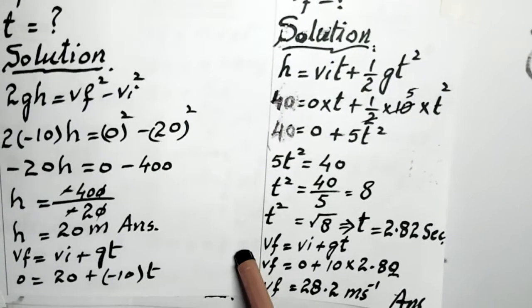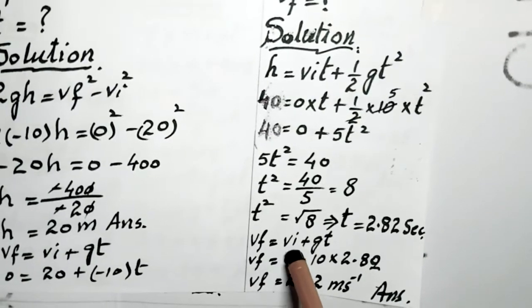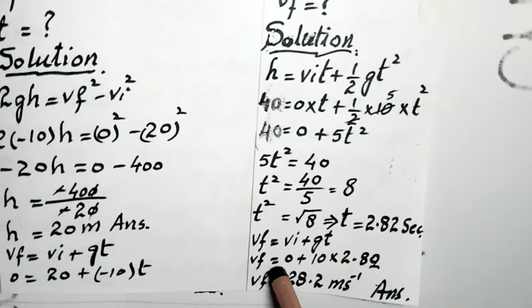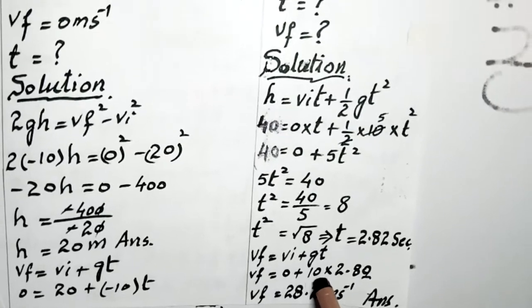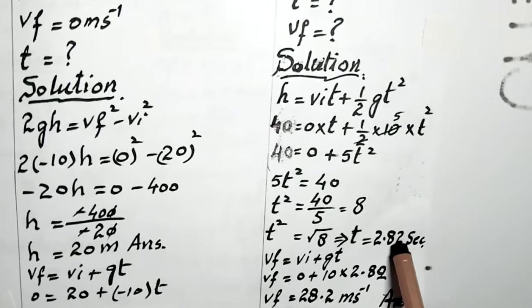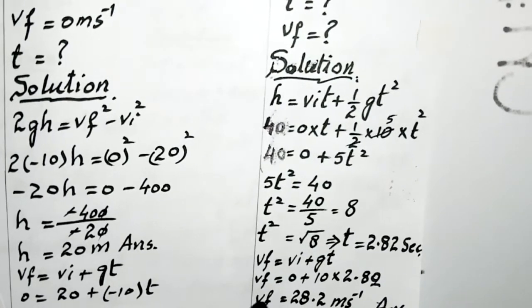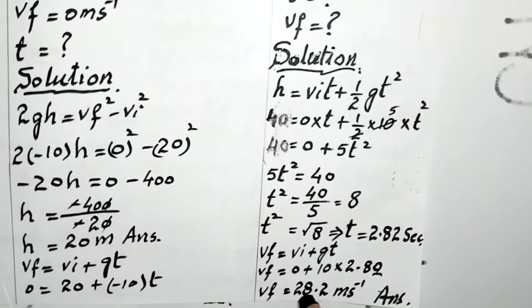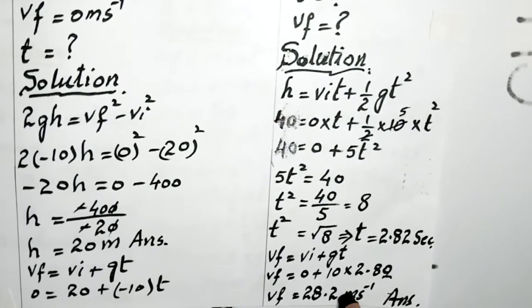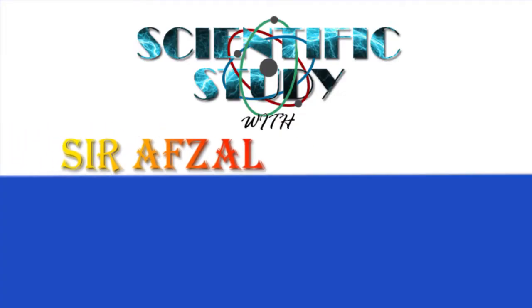अब हम फाइनल वेलोसिटी मालूम करने के लिए फर्स्ट इक्वेशन अप्लाई करेंगे। Vf इज इक्वल टू Vi प्लस GT। Vf इज इक्वल टू 0 प्लस 10 मल्टीप्लाई 2.82। ये टाइम आपने यहाँ कैलकुलेट किया था, उसी टाइम की वैल्यू हम यहाँ पर डाल देंगे। सो इट कम्स Vf इज इक्वल टू 28.2 मीटर पर सेकेंड। दिस इज योर आंसर। दीज आर ऑल न्यूमेरिकल्स ऑफ चैप्टर नंबर 3।